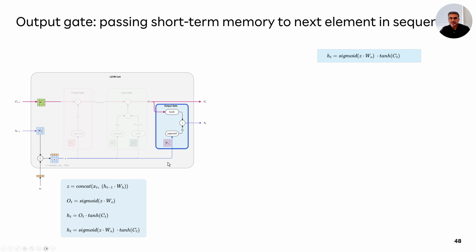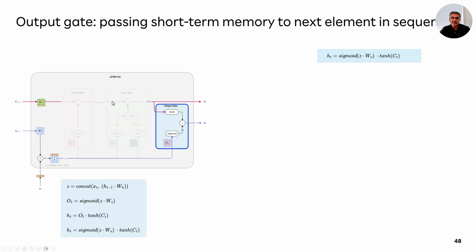Sigmoid of the input that's coming in. Again, the input is a concatenation of the current input token's embedding and the previous short-term memory. And then tanh of the whiteboard, which is the long-term memory that we have calculated in the previous steps. Okay. Remember one thing. At this stage, when you get to the output gate, pretty much the long-term memory is all taken care of.